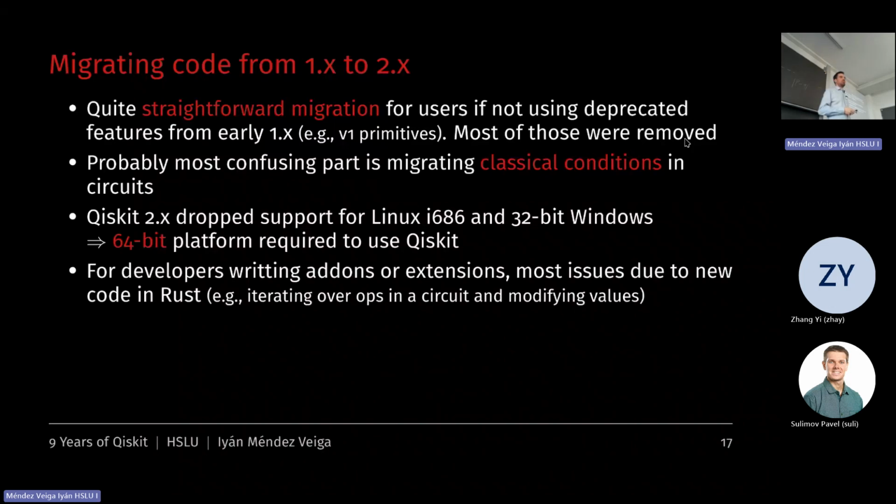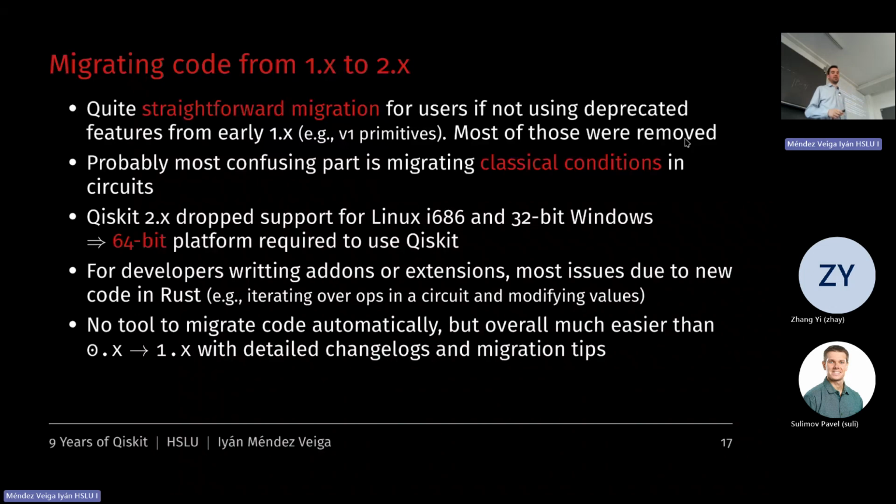And then things like comparing parameters changed, because in transpilation some steps are in Python and some steps are in Rust. So you have to keep in mind, for example, the numerical precision. You cannot assume that the precision will be kept at the Python level across all the transpilation. Also, as I said before, if you try to modify an instruction of the circuit by directly accessing the internal data, you will modify a copy that is given to Python. So now you have to use the methods to actually modify the Rust buffer.